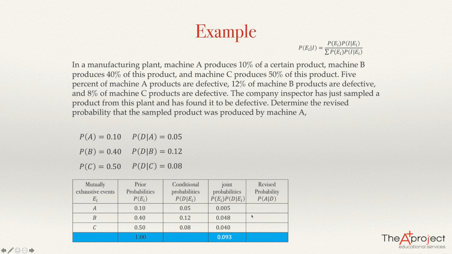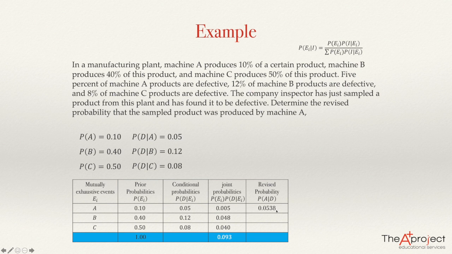This is because that is the question: determine the revised probability that the sampled product was produced by machine A. So I'm going to use the joint probability related to the event A divided by the sum of the joint probabilities. So it will be 0.005 divided by 0.093. And that gives me